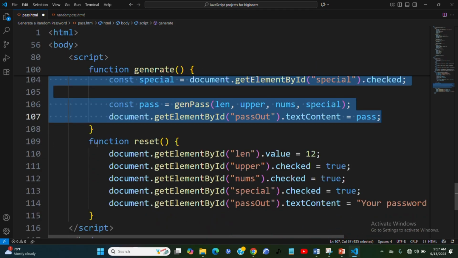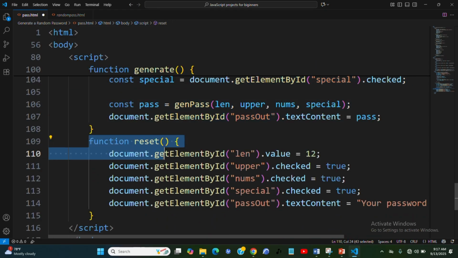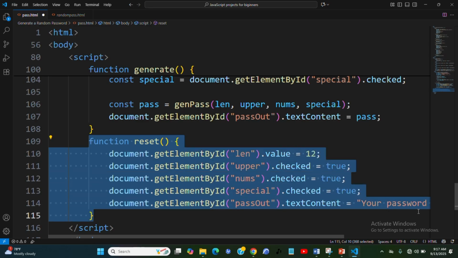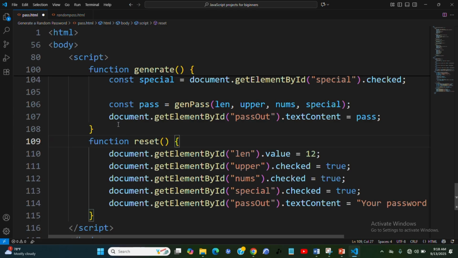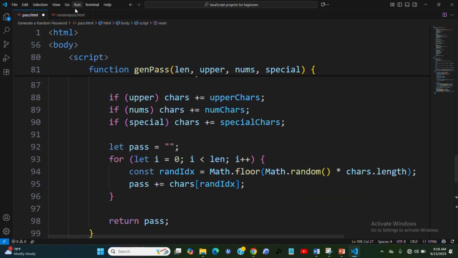Then the next one we have here is a reset function. What is this reset function going to be doing? The reset function is going to restore the default values and clear the password displayed. Meaning that all the passwords displayed based on all the criteria we have chosen, getting the elements by the ID, it's going to reset. When we click on clear screen, the reset is going to clear everything and reset everything for us. Now that we have the JavaScript, let's run this particular program again